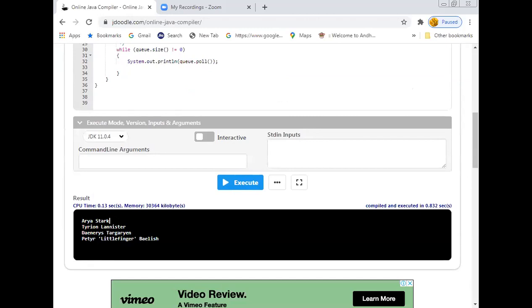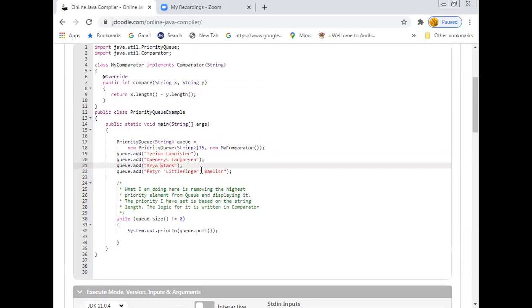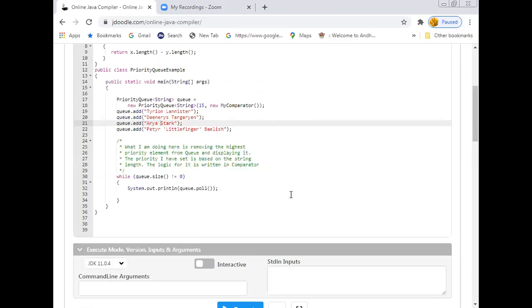We cannot call it length as such; length is the mechanism which is defined by me to define the priorities. So here Arya Stark is the highest priority one. Next, it depends upon the sizes; elements are going to be removed from the list accordingly. So this is the priority queue implementation of the queue.